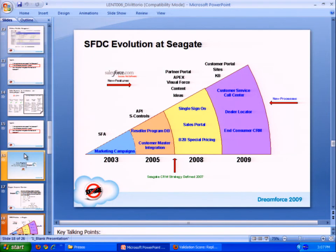So as we defined our vision and strategy, we took a more opportunistic approach to the ways that we determined what types of applications go on the platform. One of the struggles within Seagate, working with the business, is they're very bad at looking beyond a 3 to 6 month time frame. So what we did know from an IT perspective, we knew we had to do some things to make the